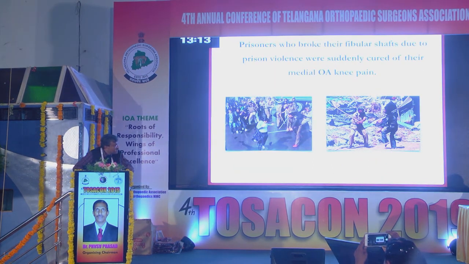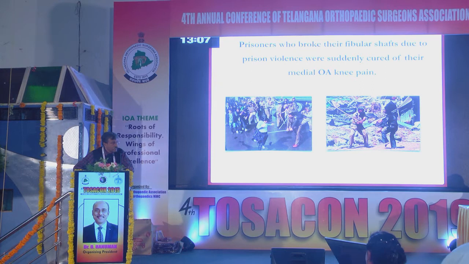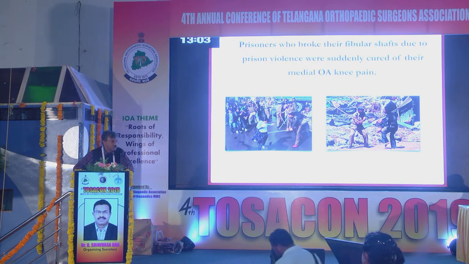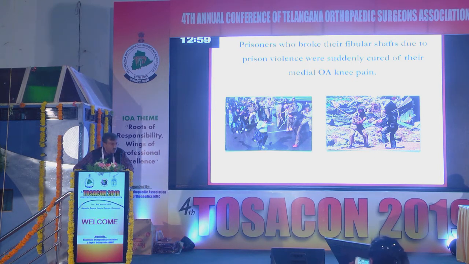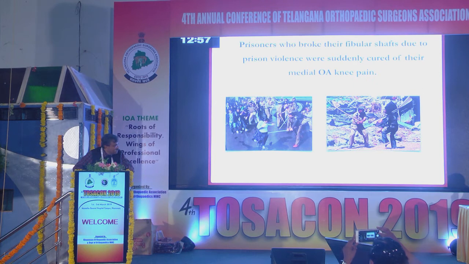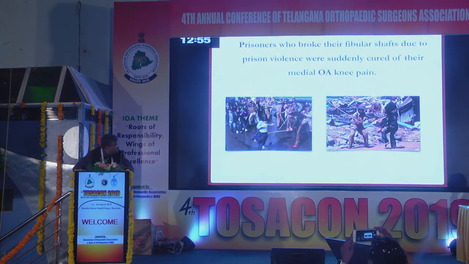Prison is a violent place, and the cops are given a stick to beat the prisoners, but they're given strict instructions: beat below the knee to cause least grievous harm. So they can't hit you on the head or chest. And below the knee, it comes from the lateral side and hits just around the head or neck of fibula.